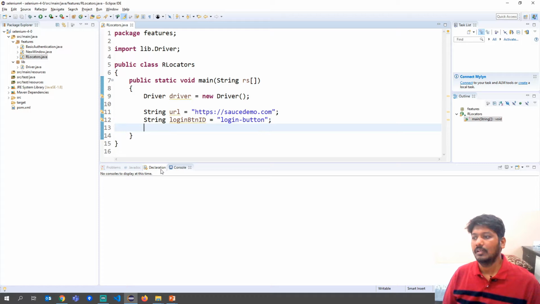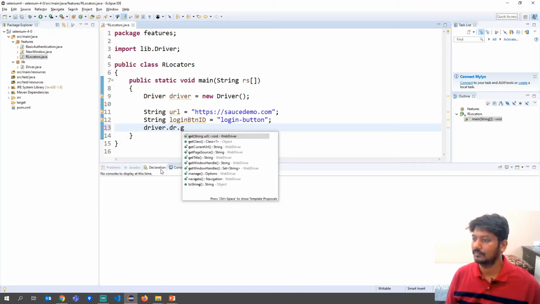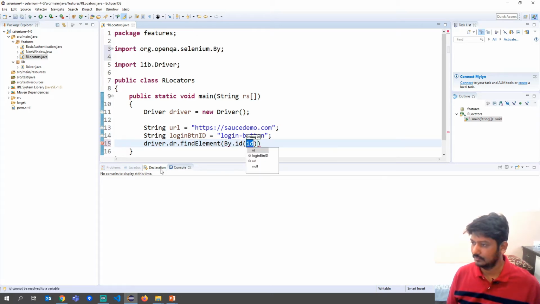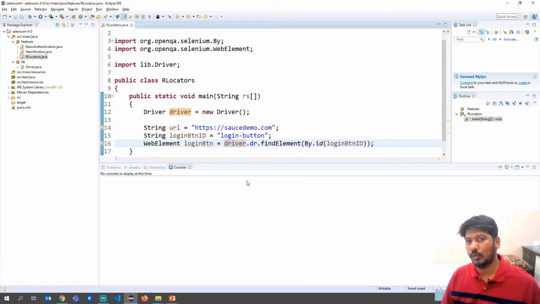Now we will try to first get the object of the login button. How will you do that? I have written code here to basically get the object of the login button.